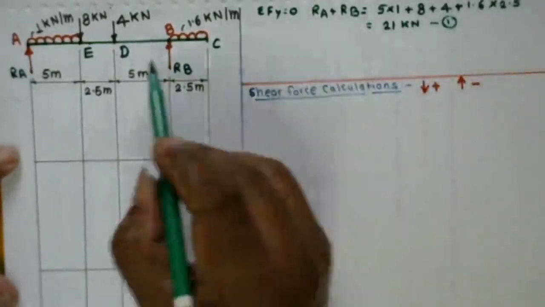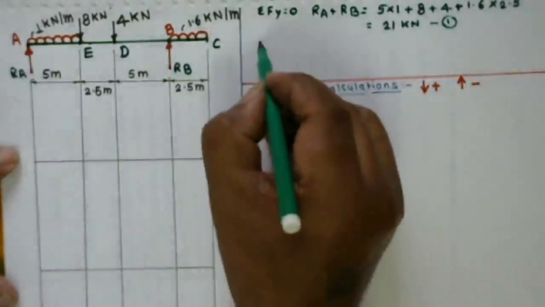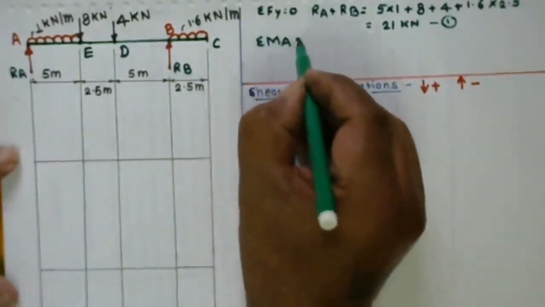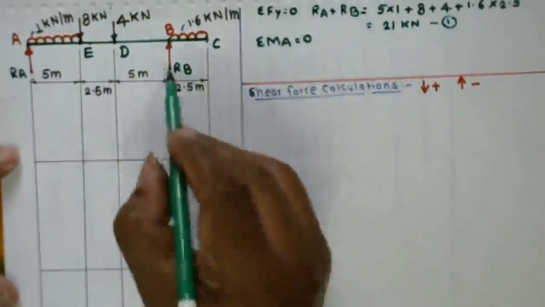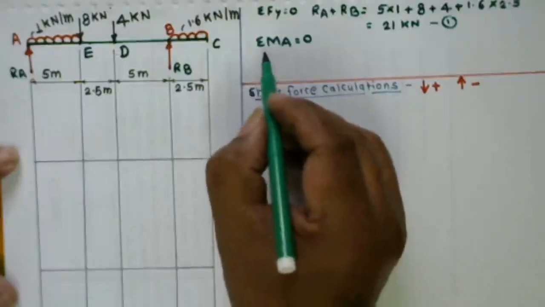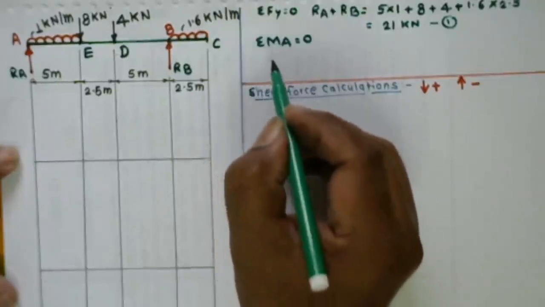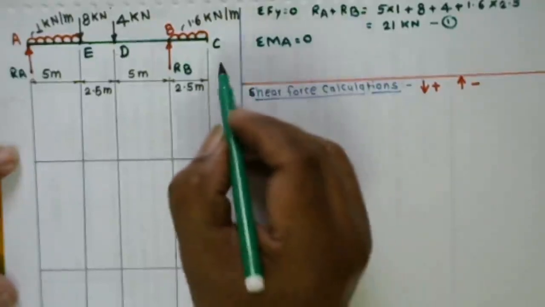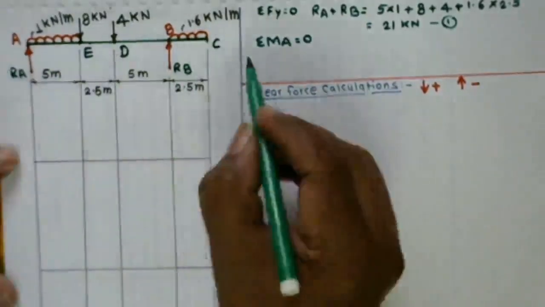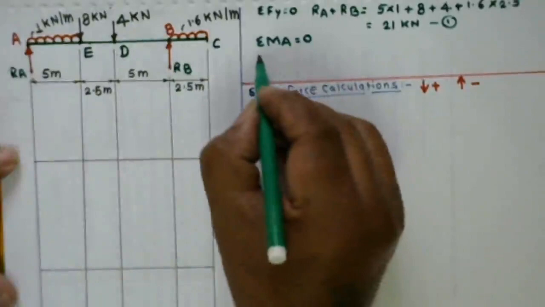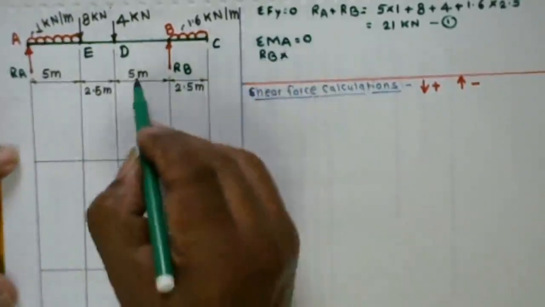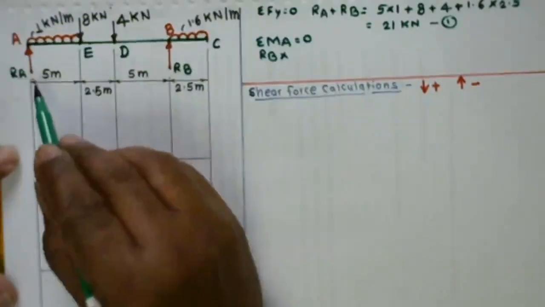Now we have to take the moments about point A and equate with 0. So, moment about the point A equals 0. RB is going in the anti-clockwise direction. For anti-clockwise, our sign convention is positive, and we are going to calculate the moment from right to left. So first I am taking this RB into its distance up to the point A, which is